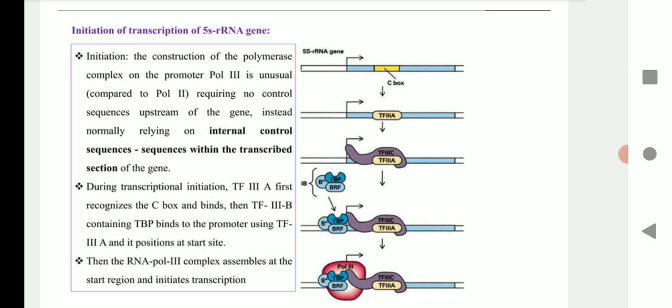which recognizes the C box. Then TF3B comes and binds, which contains the TATA box binding protein, at the position of the start site. That is, A is recognizing, followed by B, and it melts the position of the start point. Then the RNA polymerase III complex associates and starts the initiation process in the 5S rRNA gene by the RNA